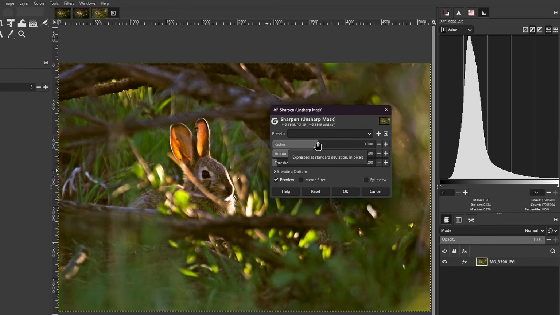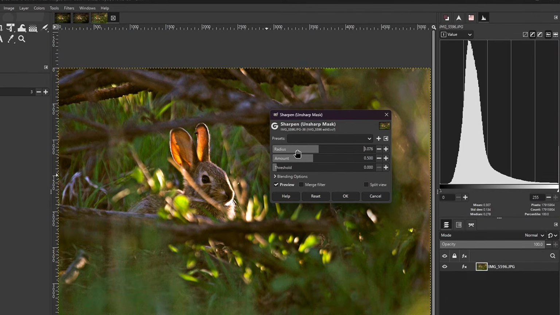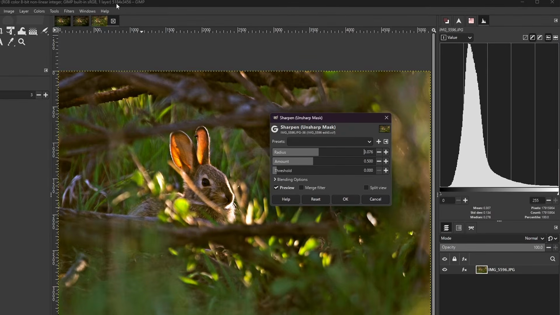The radius slider, it says expressed as standard deviation in pixels. That just determines how many pixels on either side of an edge detail are going to be affected. So basically increasing the radius is going to spread this effect out to more pixels, and you'll see the effect there. You kind of start to get this black outline around everything, or almost like a shadow. And what value you want this set to is going to depend on the size of your photo. So this photo is over 5,000 by over 3,400 pixels. So smaller and larger photos are going to have different radius settings that work for them. I'm going to set this to 3, hit the Enter key,